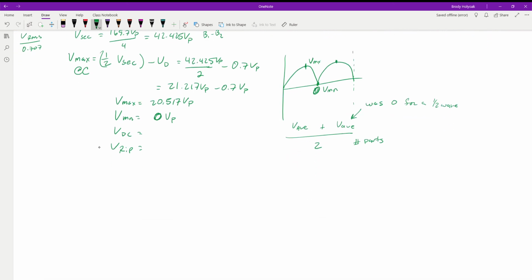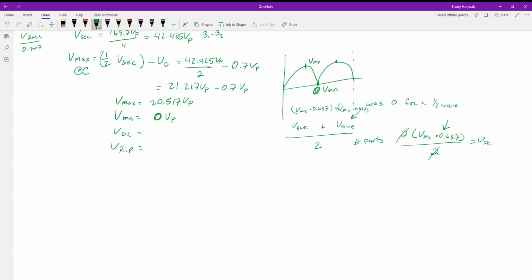But essentially, the max values here are going to be the same. So you've got Vmax times 0.637 plus Vmax times 0.637. We essentially have 2 Vmax times 0.637 divided by 2, because the number of instances cancel each other out. So our DC value is just the average of one of these peaks, because they're occurring with no delay in between each other, unlike the half wave where we had a half cycle with no